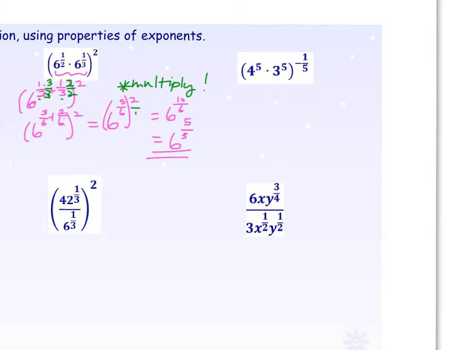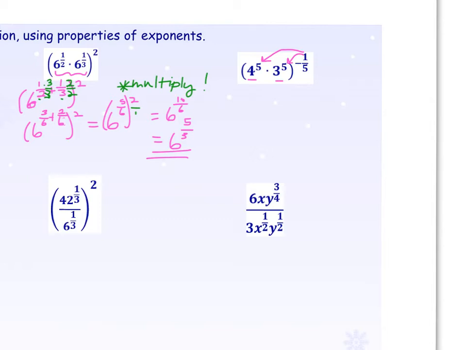Remember on the last example, I said we could either simplify the inside or distribute the 2 in? Be careful on this next one, 4 to the 5th and 3 to the 5th. Notice our bases are different. So while you could take 4 to the 5th power times 3 to the 5th power, you'd get a pretty big number. I would recommend in this scenario actually distributing the -1/5 in, and you'll see why in just a